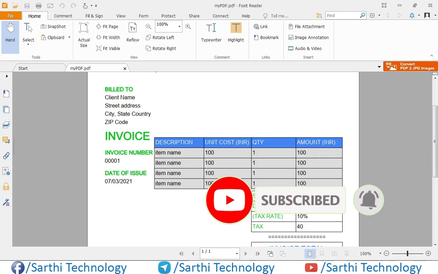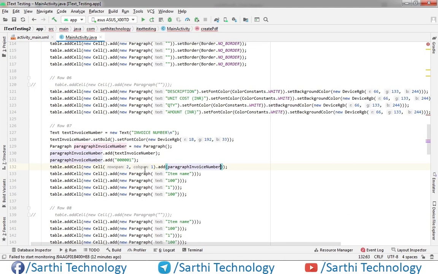And here we don't have any border, so we will just make this no border.